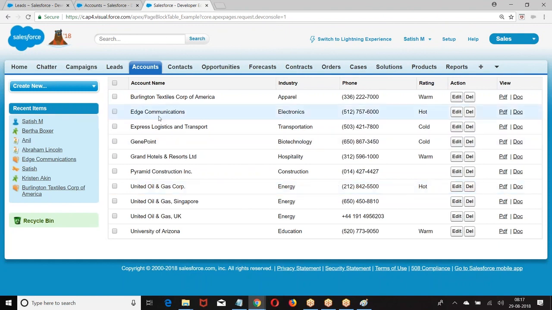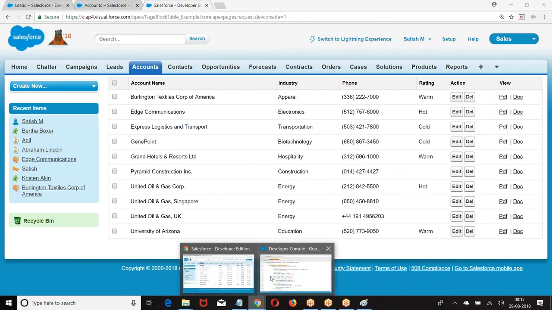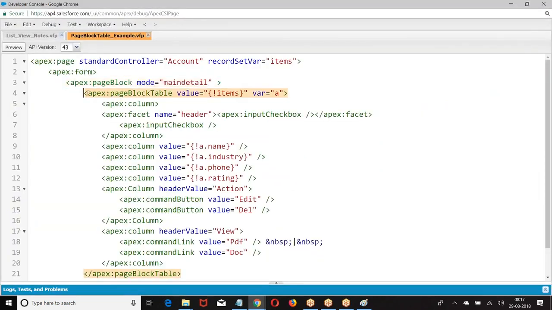Okay. The page block. Now what was there in this one? Page block table. Value equal to the list of records which you want to display. var equal to a variable which will refer to one by one record at a time. Next,